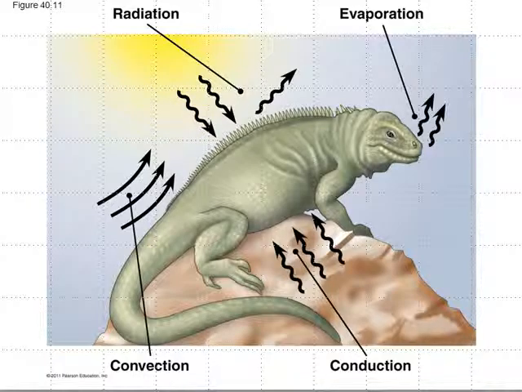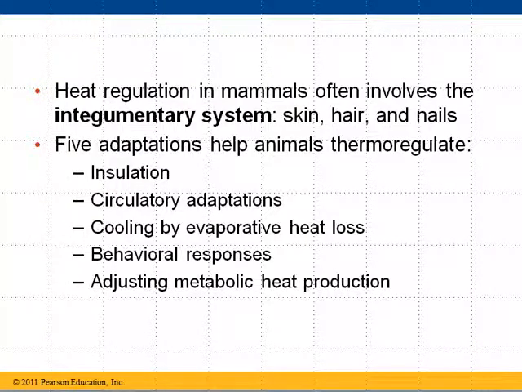If we want to be even more specific and talk about the different body parts that are involved, say if we look at a mammal like a dog or a human or a camel, the heat regulation in creatures such as mammals often involves what we call the integumentary system, which we'll talk about later. The integumentary system is basically all the outer coverings. That would include, of course, your skin, your hair, and your nails. And there's basically 5 adaptations that help animals thermoregulate or keep this internal temperature within a certain range. One of those is insulation, circulatory adaptations, cooling by evaporative heat loss, behavioral responses, and then adjusting the metabolic heat